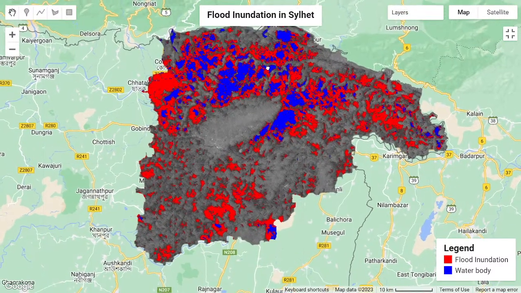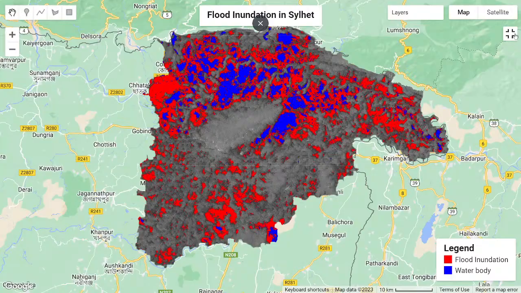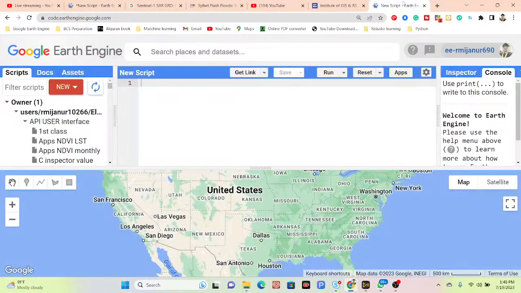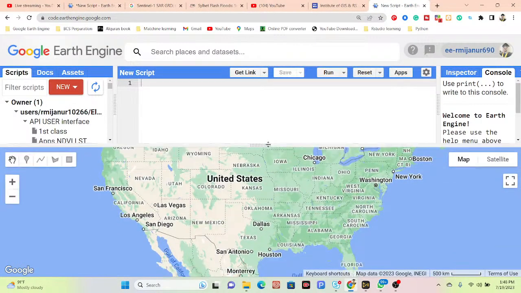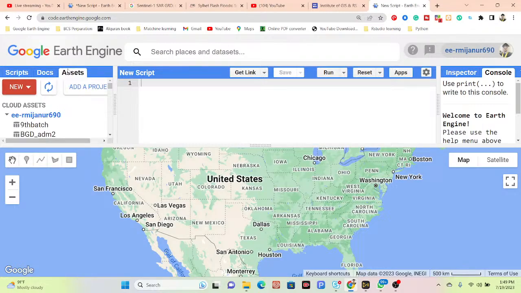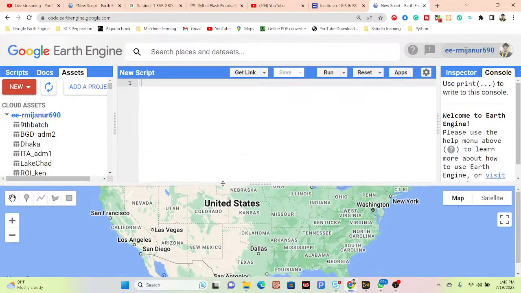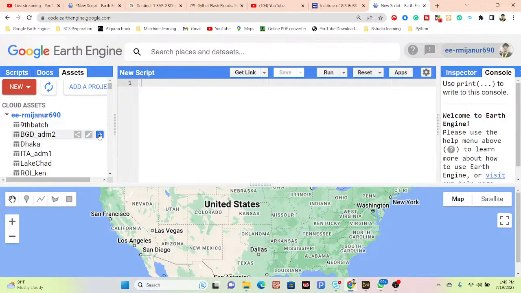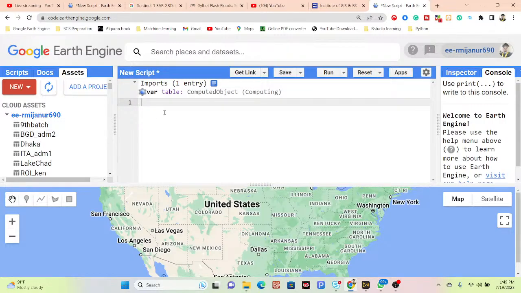So let's go. For that, I simply open a new code editor and show you all of the things step by step. First of all, I imported my region of interest. This time I want to work with the select. So I imported all of the district boundaries shapefile of Bangladesh. Then I filter it. I take a variable ry, and in this variable I store